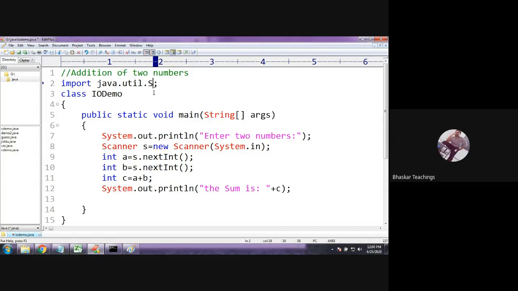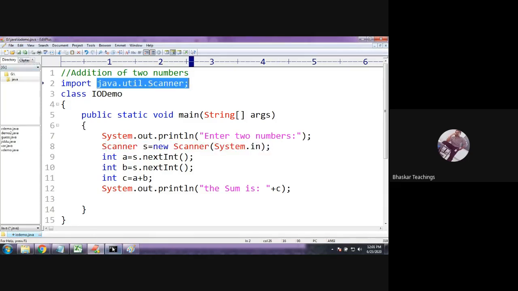For the present, you need to remember, you can either mention star or the Scanner itself. So now let me repeat. The method to read an integer value from the user is nextInt, and nextInt belongs to the Scanner class, and it's an instance method. Therefore, create an object for the Scanner class, and on that object call this nextInt method. But this Scanner class belongs to the util package, so you need to import that first.